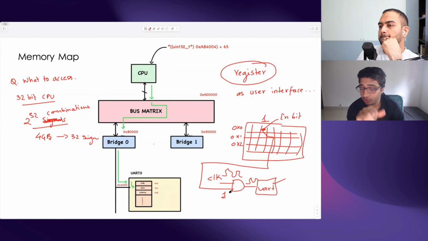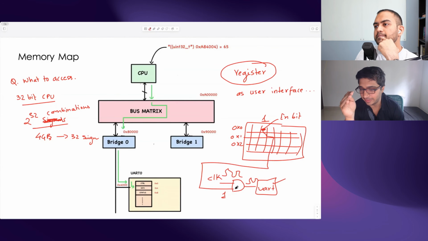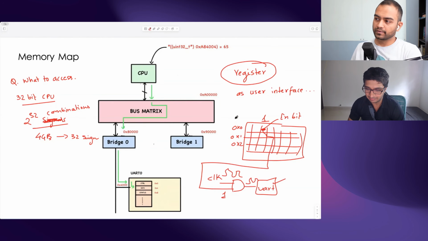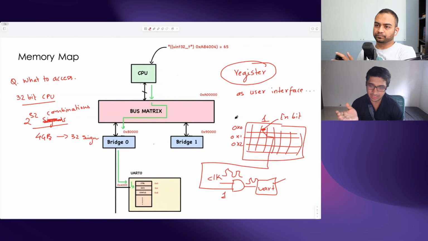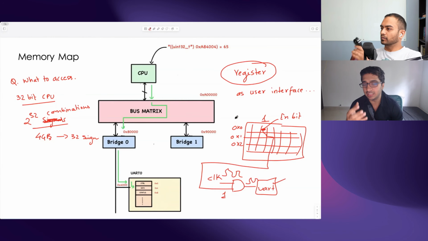So now how do you manipulate this signal? You have been provided an interface. The CPU only understands memory, right? It only understands two things: addresses and values. So what the designers will do is arrange all these things hierarchically so that they have a memory